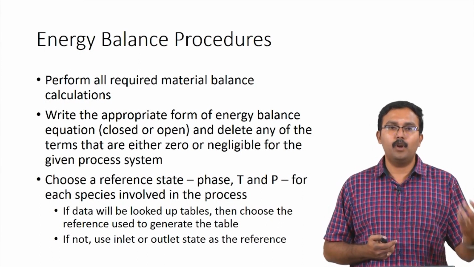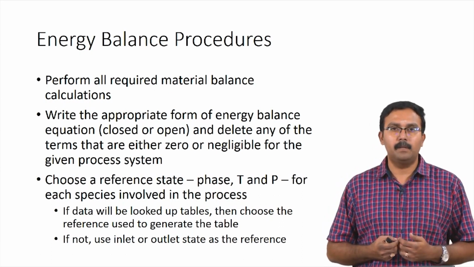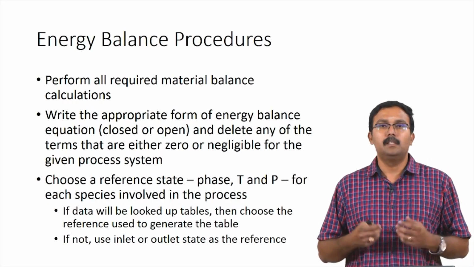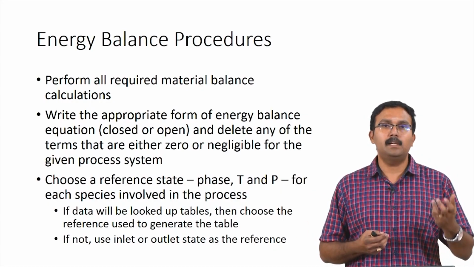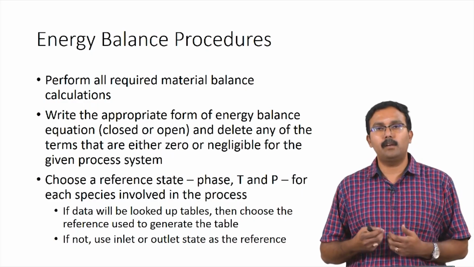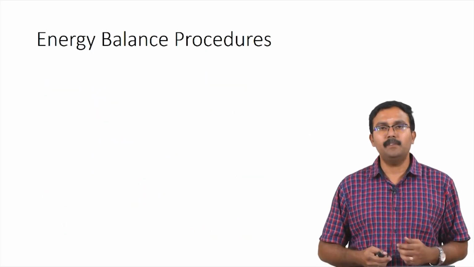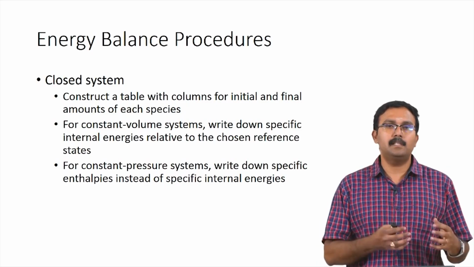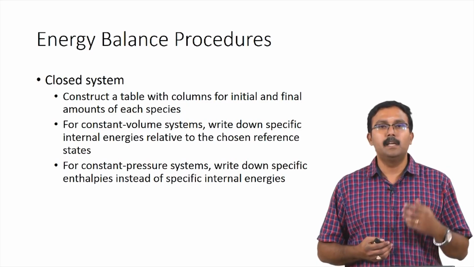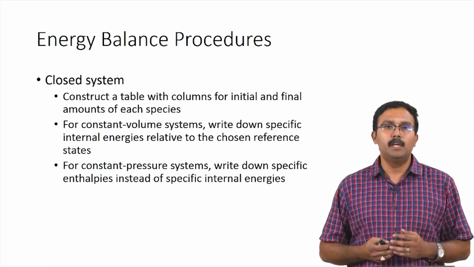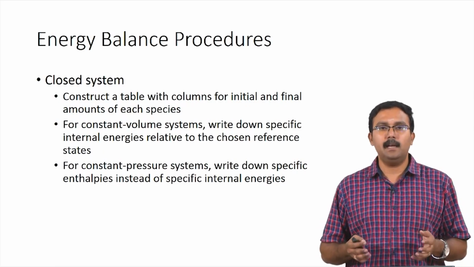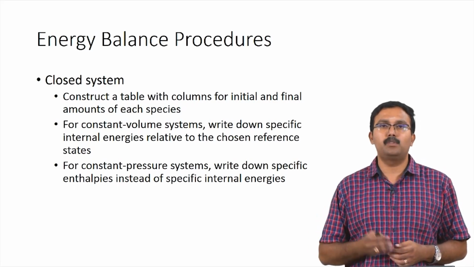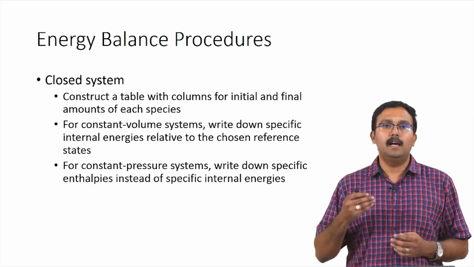So, if you are not using data from a table, then you can use either the inlet conditions or outlet conditions. This way you can actually lessen the number of calculations you might have to perform. Once you have the reference states, you start looking at whether the system is a closed system or an open system. If it is a closed system, you would construct a table which has columns for initial and final amounts of each species, and